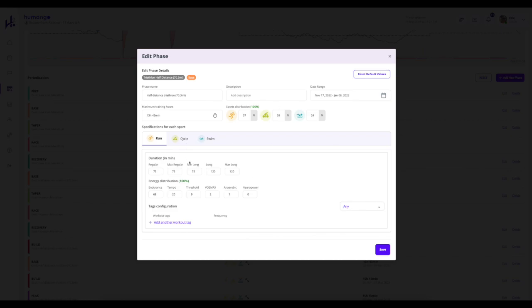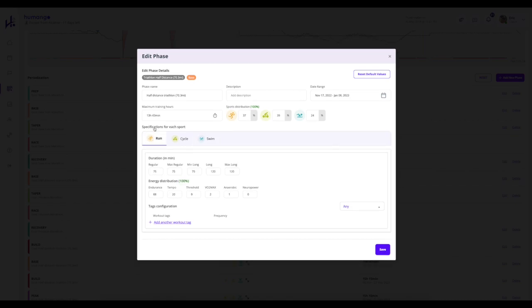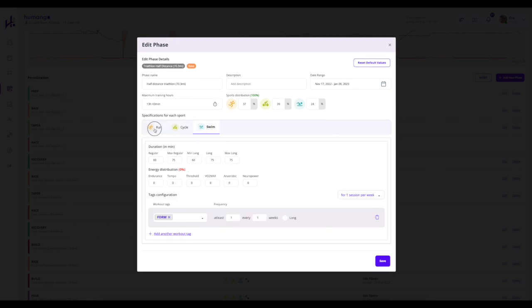But from here, if we go down a little bit, this is where we can get super intricate or granular with the prescription, and adjust some of the real fine details around the planning. So you've got one for each of the sports.